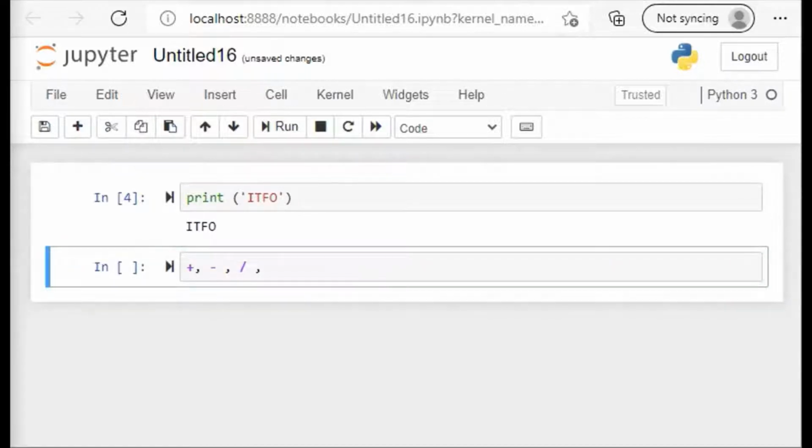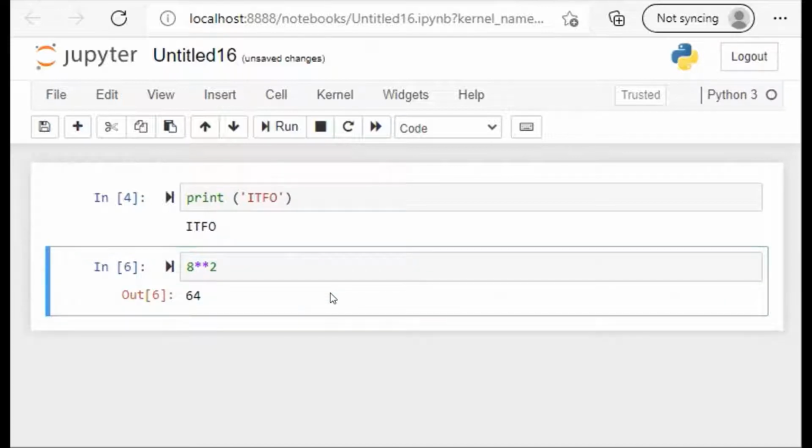For the power operator, we use the double asterisk like this. This is used for, like, 8 to the power 2. Then what will be the output? We will say that it is 64. So these are some basics like other languages.